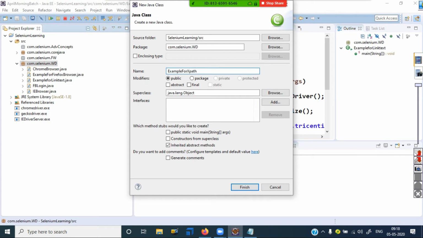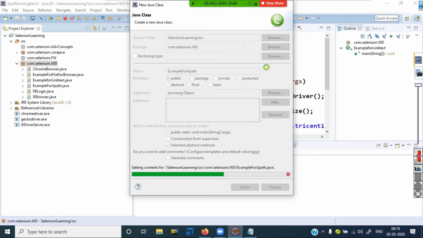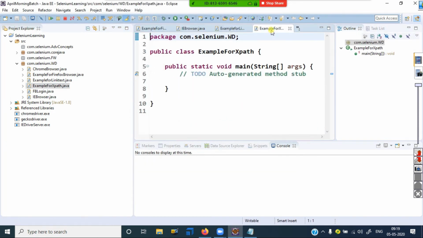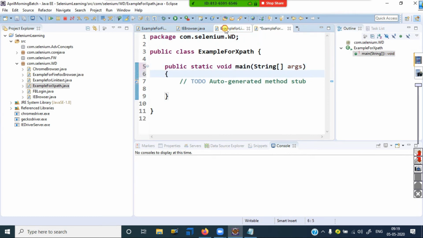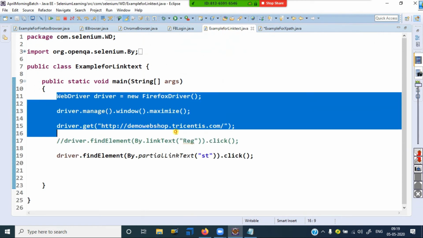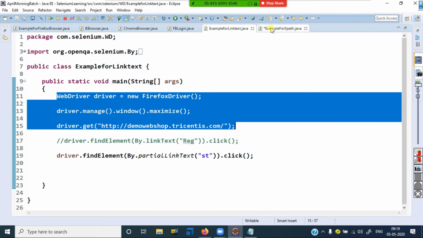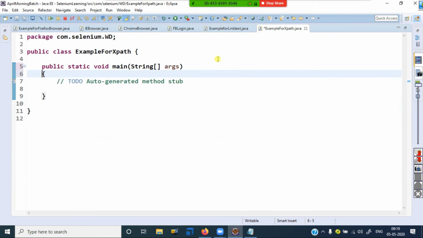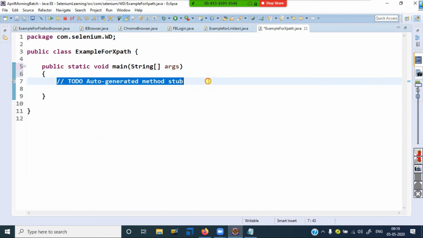Now it's taking the same example. The same example I can go for here means the same thing. I can go for opening demowebshop.com. Yes, I can do this. Fine.